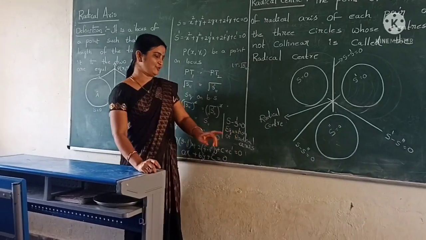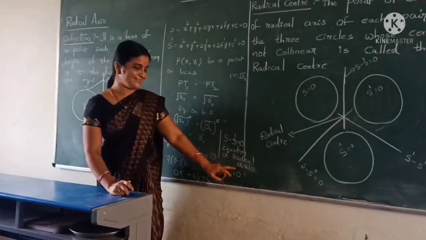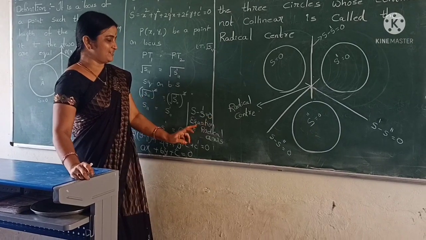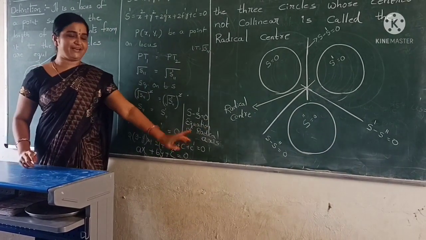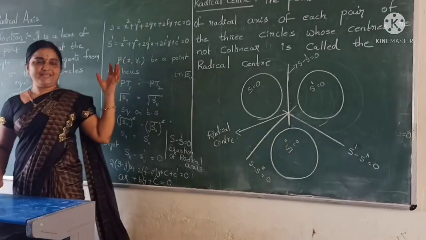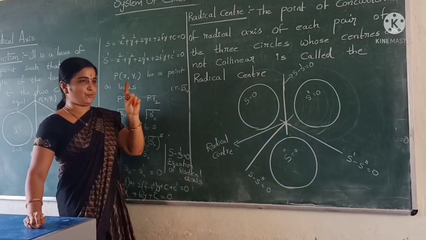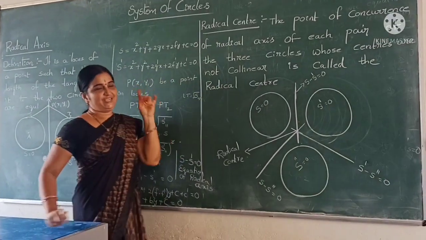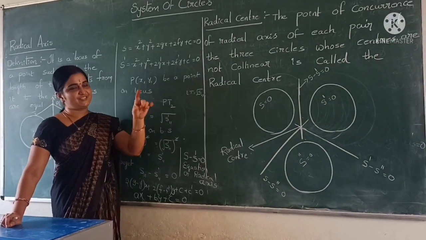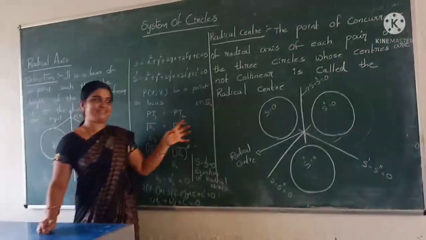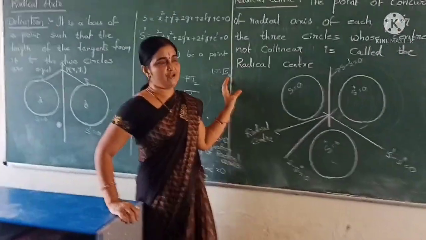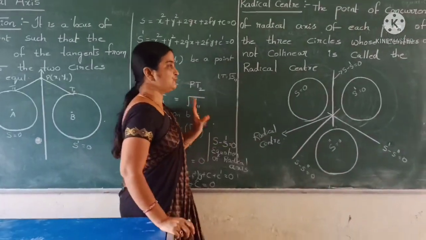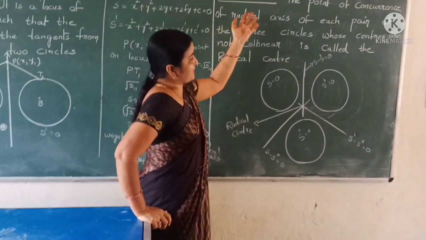Equation of the radical axis. Previously I have written center, radical center, so I have to make some correction. So s minus s dash is equal to 0 is the equation of the radical axis. In this chapter, only one formula is there to find three equations. One, equation of the common chord s minus s dash is equal to 0, equation of the common tangent s minus s dash is equal to 0, and equation of the radical axis s minus s dash is equal to 0. Okay. The next one, radical center.